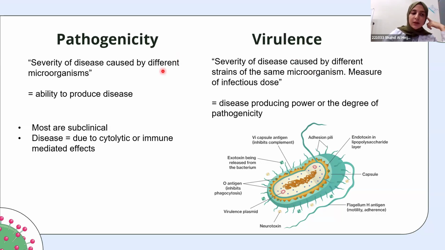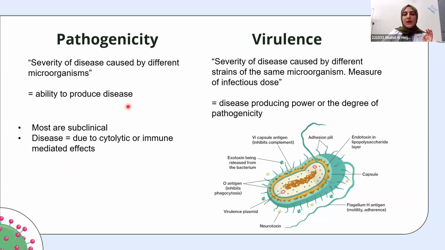So keep in mind that usually most infections are subclinical, so they will be asymptomatic, they're not causing disease, but disease could be caused either by cytolytic or immune-mediated effects. So either the virus can itself have an effect on the cells, it can destroy the cell, it can affect the replication of the cell, or it can be immune-mediated. So the immune response to this virus will cause the disease. For example, when the immune response is activated against the virus, it will cause fever, it will cause symptoms, and so on. So the disease could either be by the cytolytic effect of the virus itself or immune-mediated. But keep in mind that most infections are usually subclinical, asymptomatic, and they do not